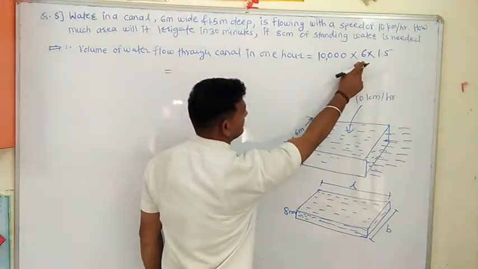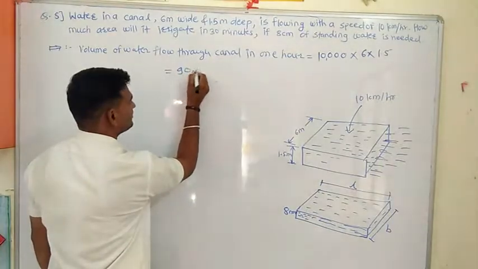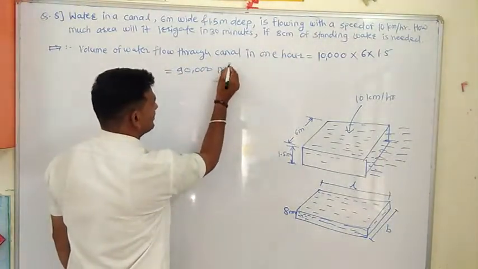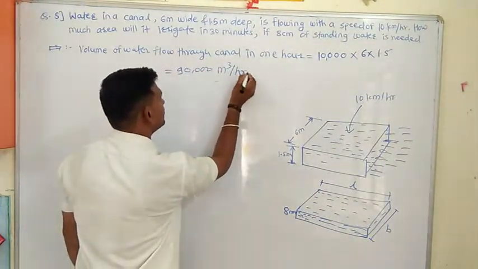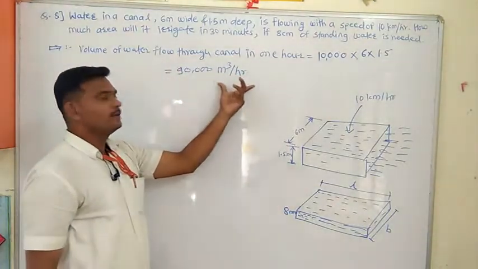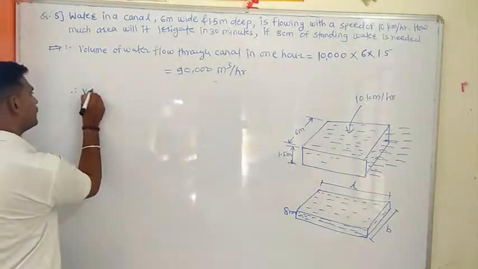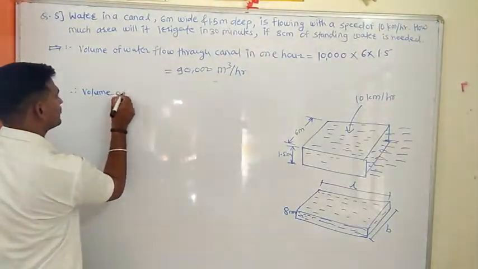15 into 6 is 90. Therefore, 9 into 10,000, which is nothing but 90,000. We got 90,000 meter cube per hour. In 1 hour, the volume of water flowing through the canal is 90,000 meter cube per hour. Therefore, volume of water